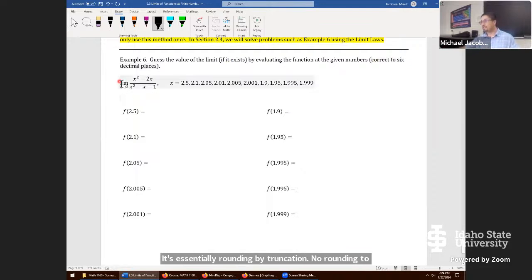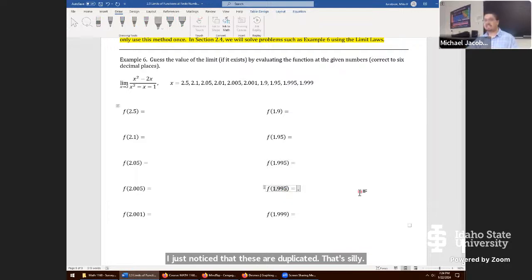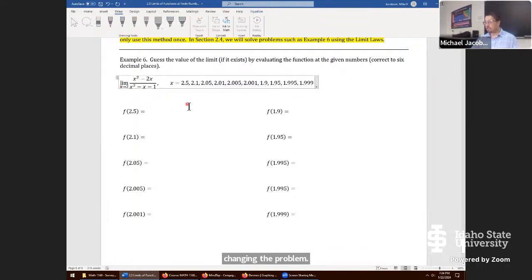Let's take a look at the limit. We have a rational function. X is heading towards 2, and we're going to evaluate the limit at these particular values. I just noticed that these are duplicated. That's kind of silly. Well, that's okay. We can, if we really want to, change this a little bit, but I think it would be okay to just leave it like that instead of changing the problem. Because we're taking a limit as x is heading towards 2,